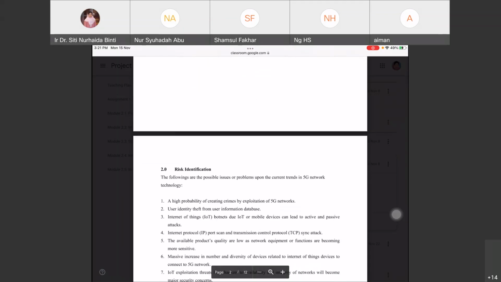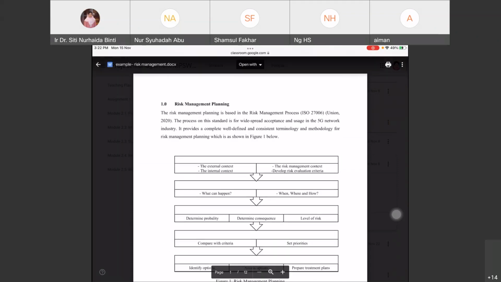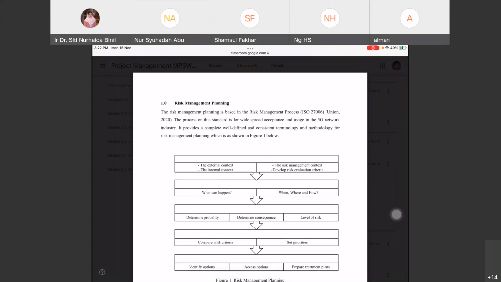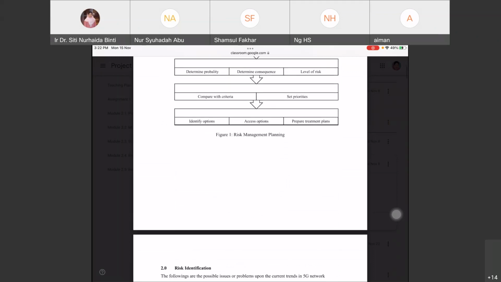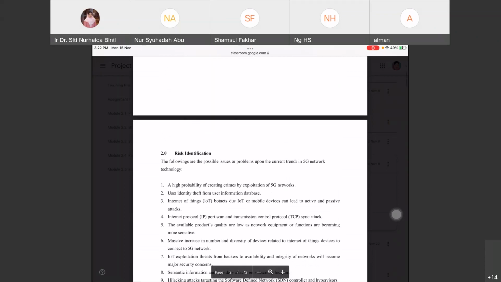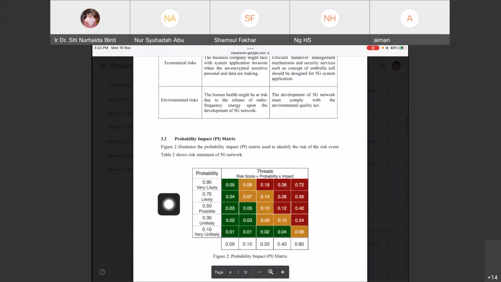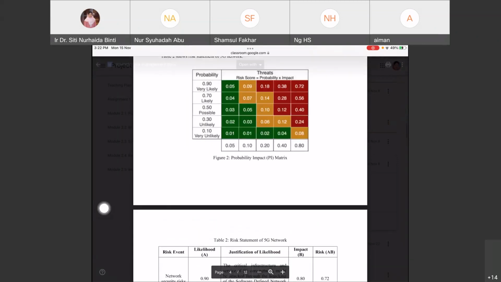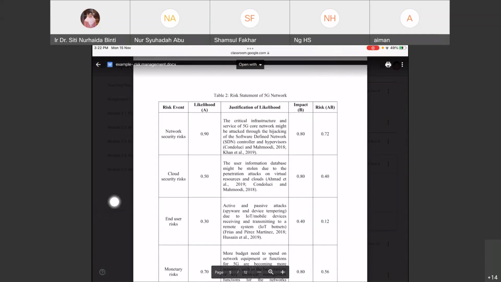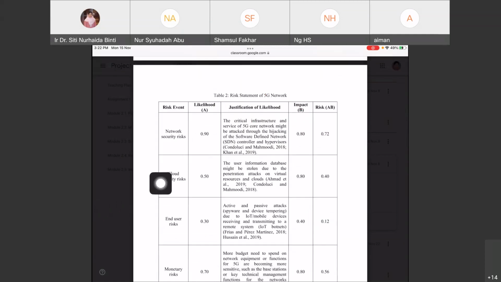No, we are assessing you not because of the company or aircon. We want to know whether you know how to manage risk. How you identify your risk, okay? You do qualitative analysis on your risk, for example. How you proceed with your risk register. Okay, this is the probability impact. Do you understand what the probability impact is, and how you use the probability impact to create this risk statement for you to find the impact?